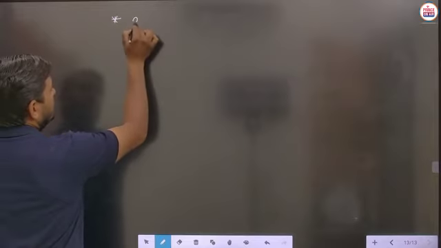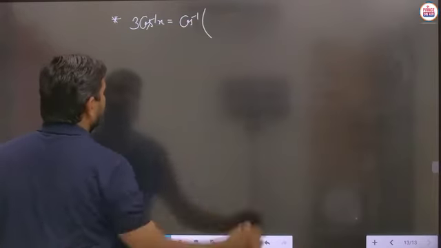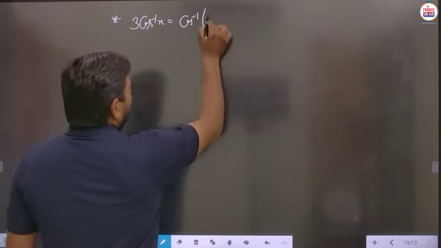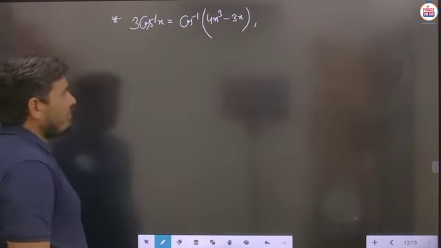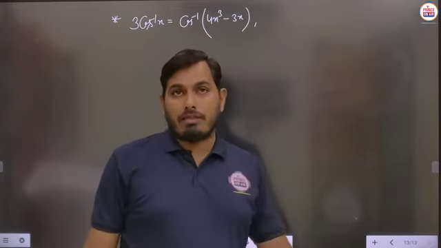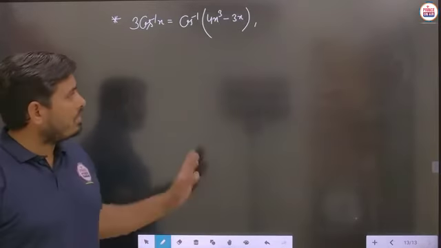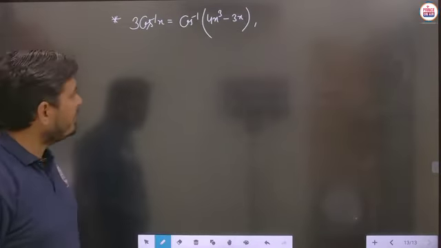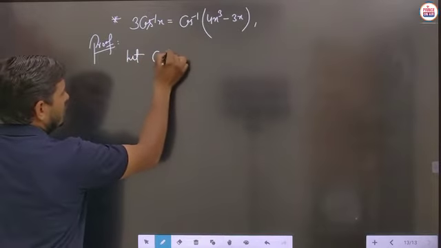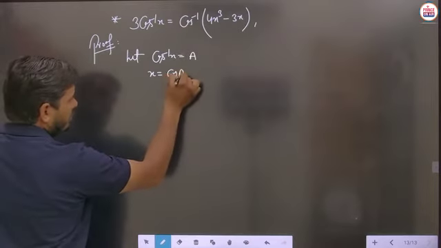Next part we will take as 3 cos inverse x. So I think you can provide the answer of 3 cos inverse x, that is 4x cube minus 3x, and some situation we will take here always, because as per the situation we are doing the work, and according to the situation if we are taking the particular scenario, then I think there should be no problem. Next, when we have to see the proof of this, then again we take cos inverse of x as a, then you can say that x will be what? x will become cos a.